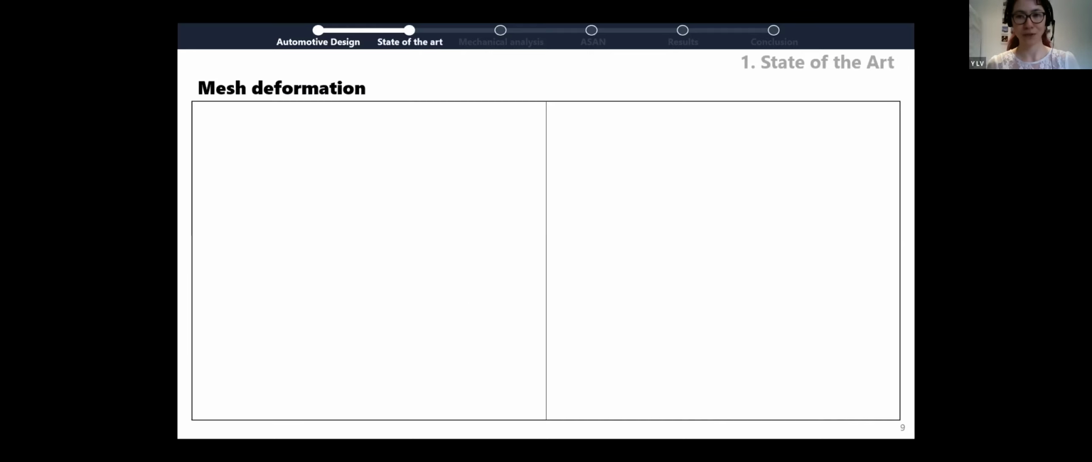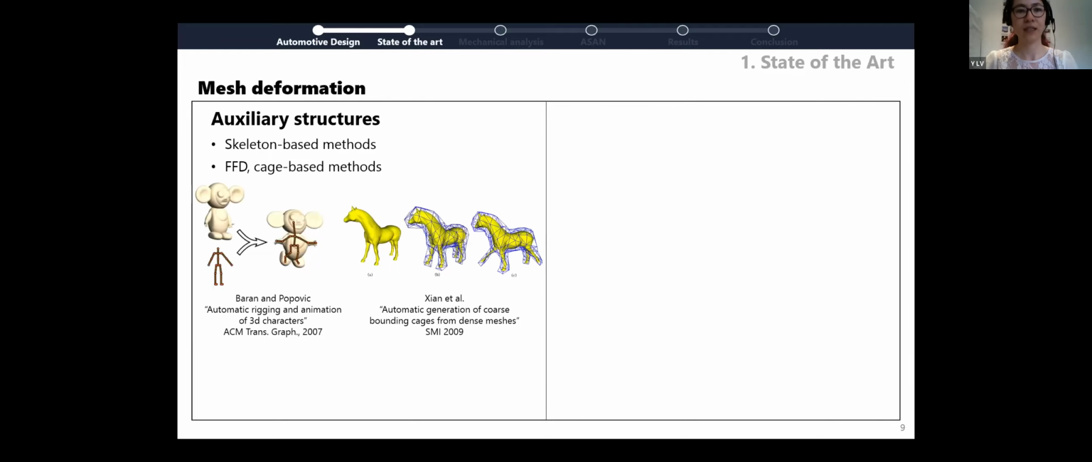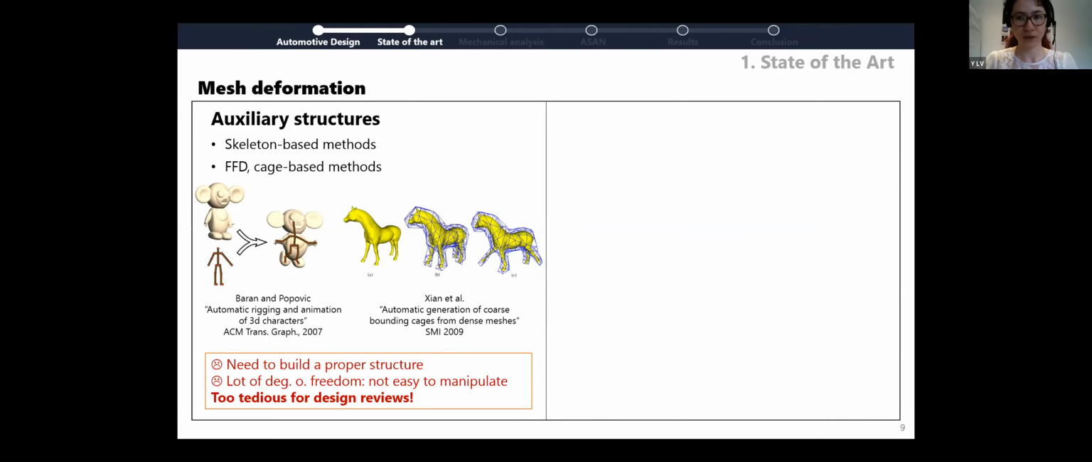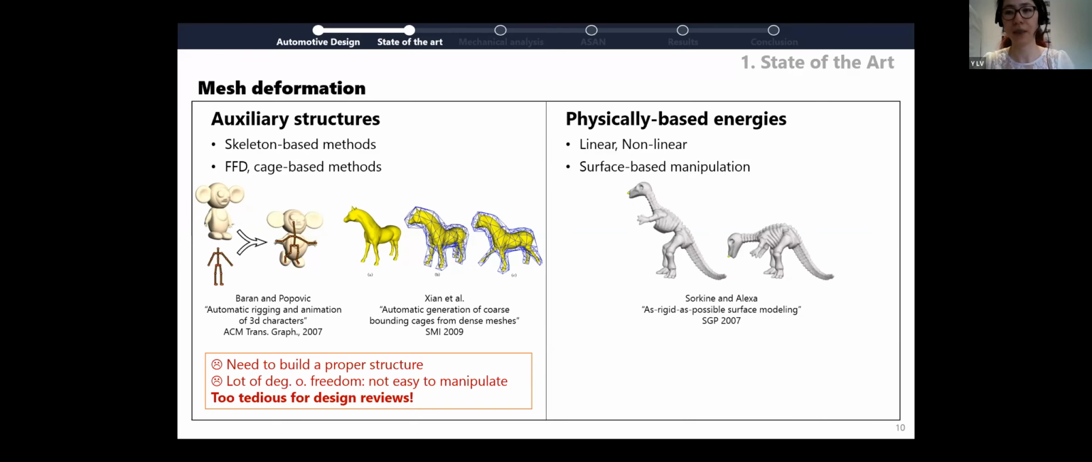So mesh deformation is a wide field of research, and I will not make here an exhaustive review, but we divided the relevant methods for our context into two families. On the one side, methods based on auxiliary structures, such as skeleton or cage-based methods. But while being useful for character animation, they need proper structures that often lead to too many degrees of freedom, which makes them hard to manipulate. So on the other side, a method using